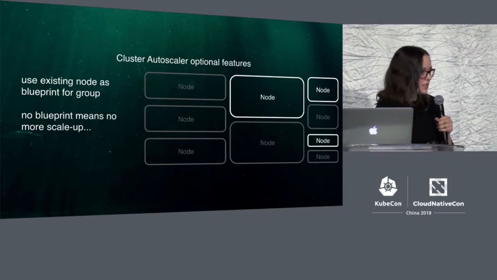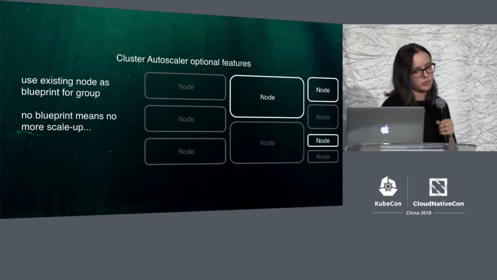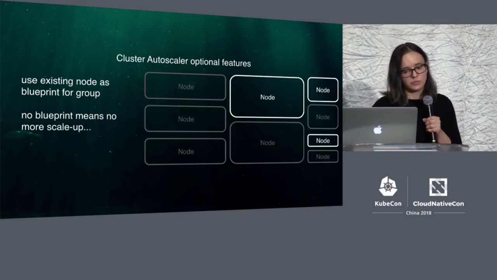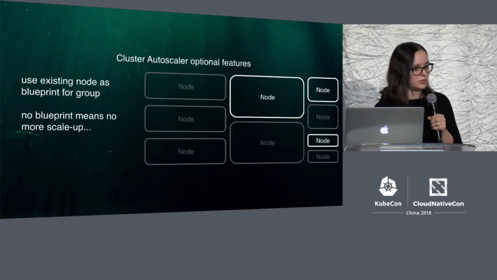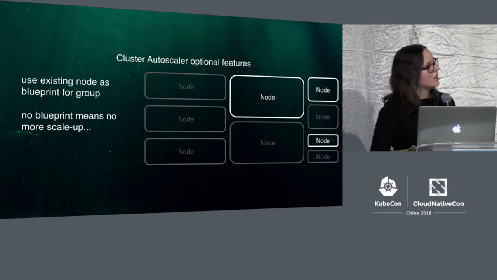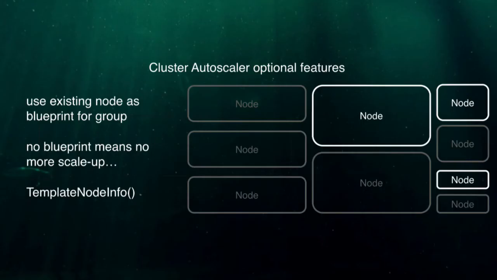Scaling to 0 is trivial. We can just delete the last node. The problem is, without a blueprint, we will not be able to scale up again. So what we can do is provide a blueprint. And we do it by implementing an optional method in the node group interface, using which the cloud provider module will return a fake node object, how a node in that group would look like if we requested it to the core